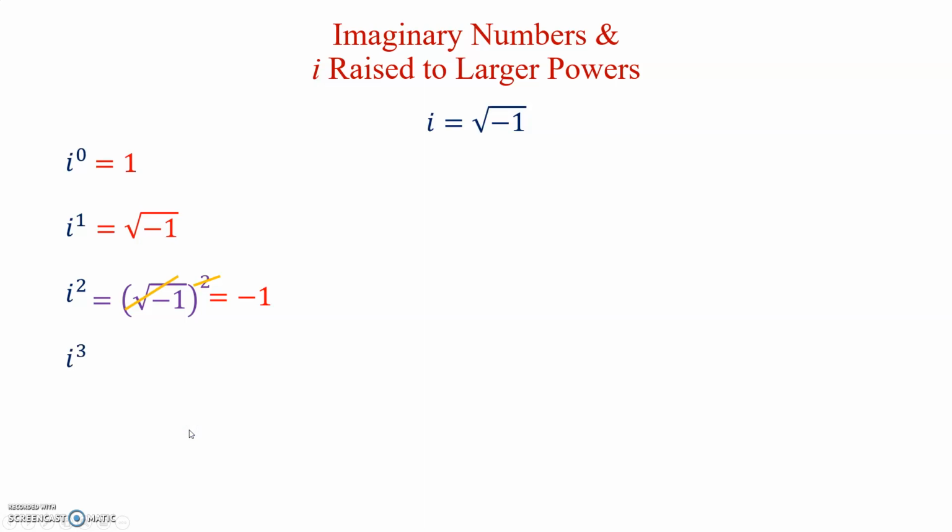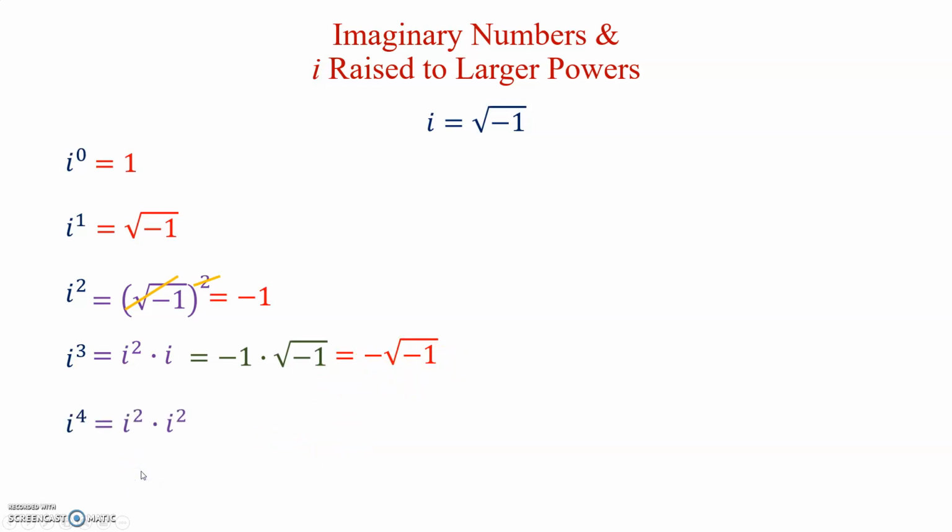i to the third power, well, that's the same thing as i squared times i. i squared we saw was negative 1, and i was the square root of negative 1. Negative 1 times the square root of negative 1 is simply negative square root of negative 1. Now that's a mouthful. You've got all these negatives here. i to the fourth